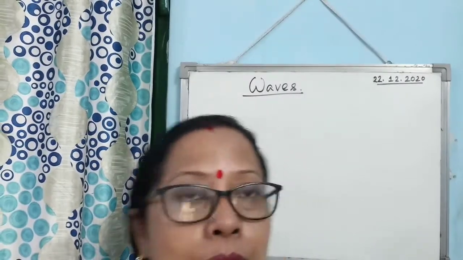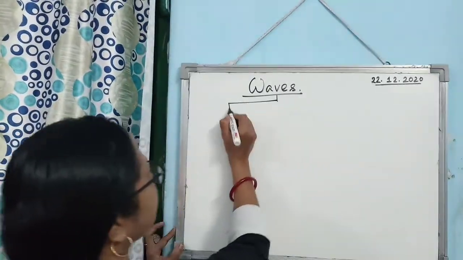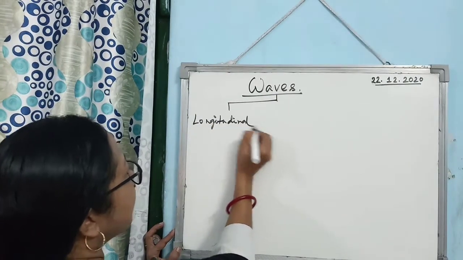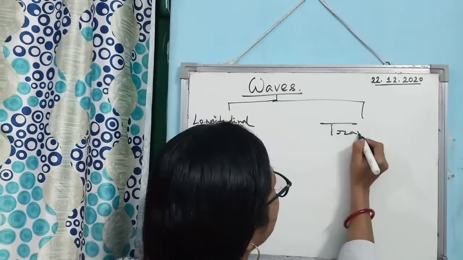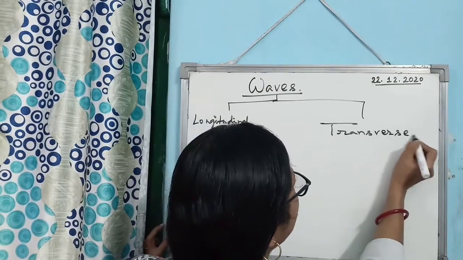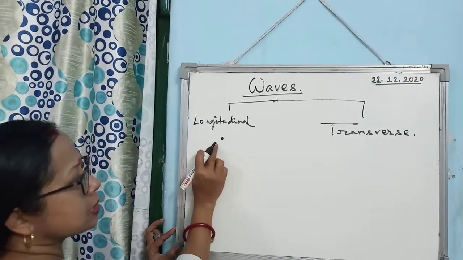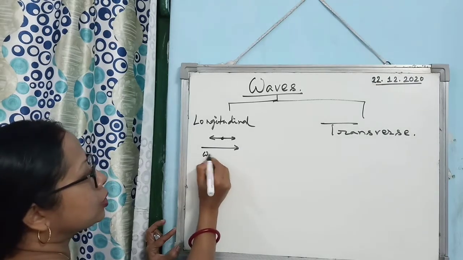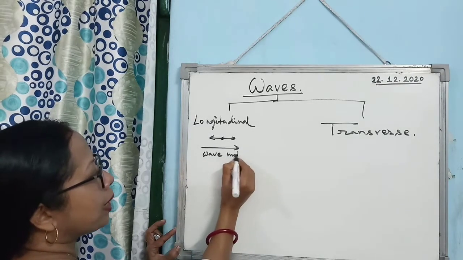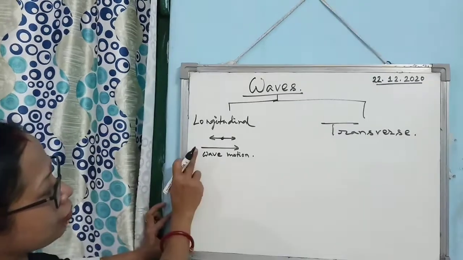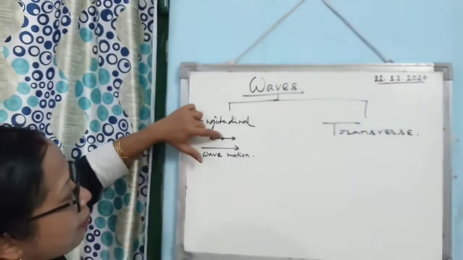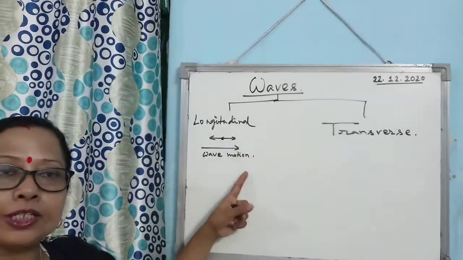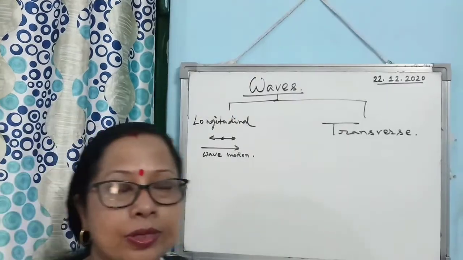Alright, and waves you can again broadly classify into two categories, longitudinal wave and transverse wave. Okay, and what is a longitudinal wave? When the particles of the medium vibrate parallel to the direction of propagation of the wave. Suppose the wave is moving in this direction and the particles of the medium are vibrating to and fro parallel to the direction of propagation of wave motion, then the wave is known as